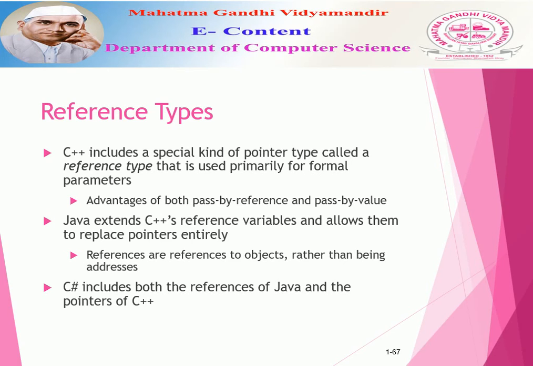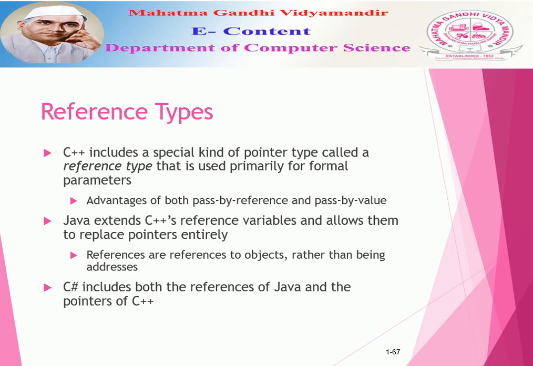So a C++ reference type variable is a constant pointer that is implicitly dereferenced, because a C++ reference type variable is a constant and it must be initialized with the address of some variable in its definition. And after initialization, a reference type variable can never be set to reference any other variable. So the implicit dereference prevents the assignment to the address value of the reference variable.